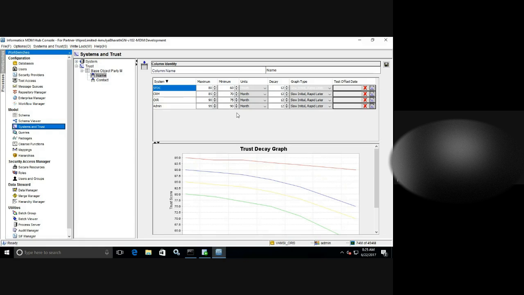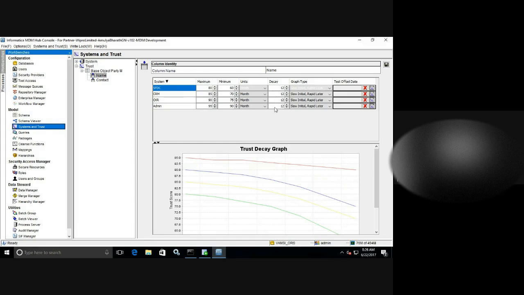We don't assign manually. Sometimes they say that for this SFDC they want the highest trust score, then the maximum trust score will be assigned, like 95. And sometimes they say that admin and SFDC both should have the same, at that time we'll assign some trust score, 95. Rest of the things will be assigned like 90 or 80. It depends. Business will provide the trust score and they also mention the decay